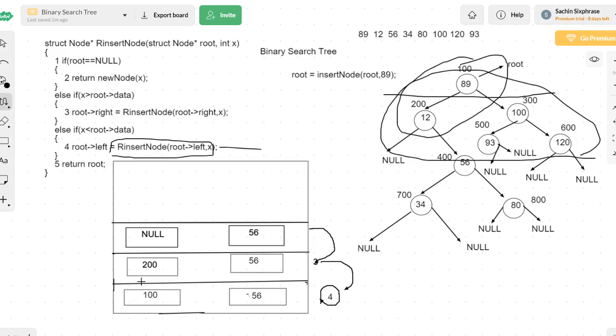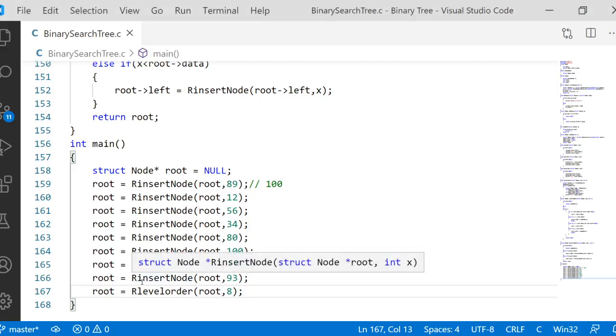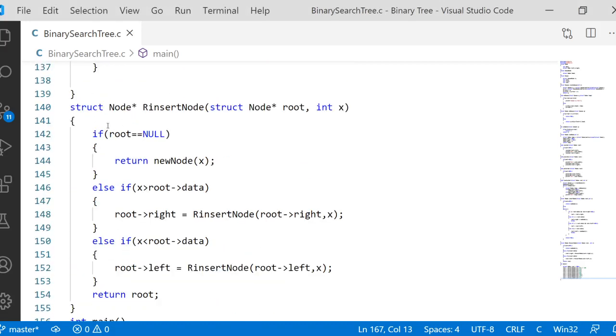So this is the process that takes place for every insert node function call you make. The recursive implementation of insertion is now completely done. And we did this implementation because, to move from binary search tree to AVL tree, this recursive approach of BST will help you a lot. Without it, doing AVL tree is not an easy task. Everywhere you go, like in books, AVL tree is implemented with the help of the recursive implementation of binary search tree. That's the reason why I did this recursive implementation here.